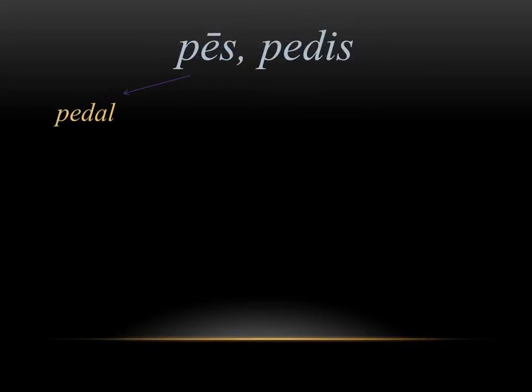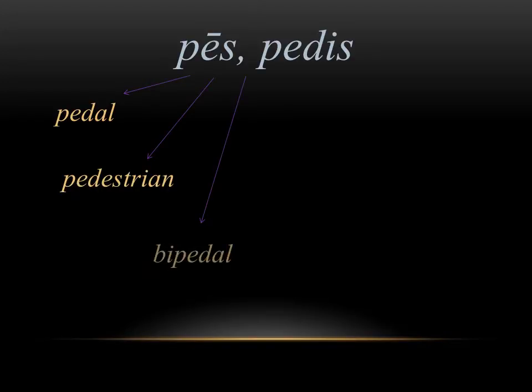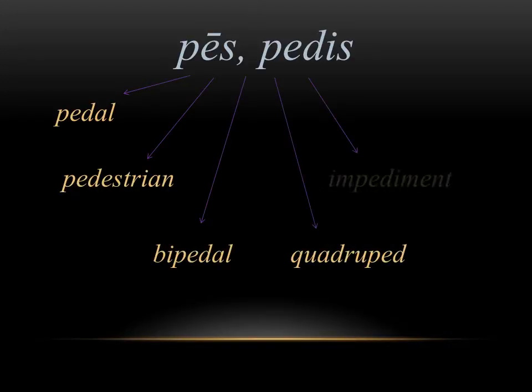Pes means foot in Latin, and it gives us in English a few derivatives such as pedal, pedestrian, bipedal, quadruped, impediment, and expedition. These all have to do with the word for foot. And if you look, you can see if you're pedaling, think of even pedaling a bike, you're using your foot. A pedestrian is what we call someone who's walking, right? It all has to do with walking on your feet. And the same goes for bipedal and quadruped. A bipedal animal like humans is one that stands on 2 feet, just like a quadruped would be one that stands on 4 feet. So the root for foot is in all 6 of these English derivatives.